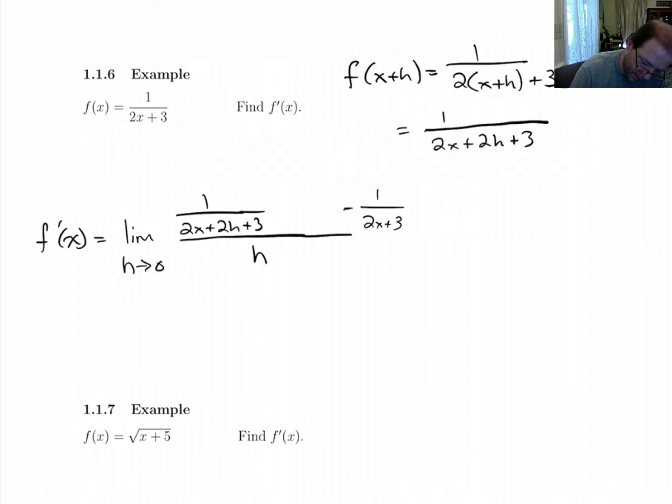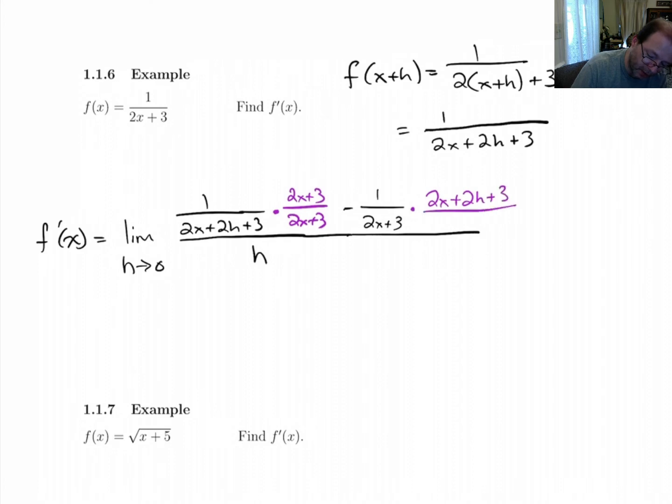That should do it. So I'm going to multiply this by 2x plus 3 over 2x plus 3. And I'm going to multiply this by 2x plus 2h plus 3 over 2x plus 2h plus 3. And when I do that, I'm going to get, let's see,